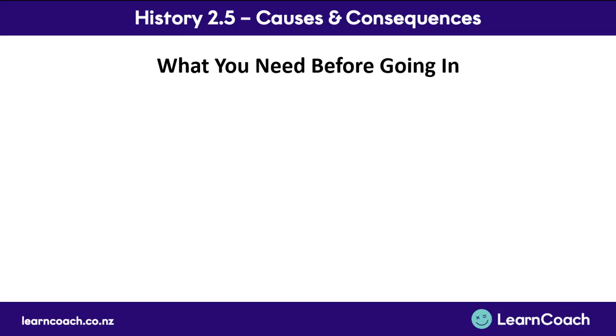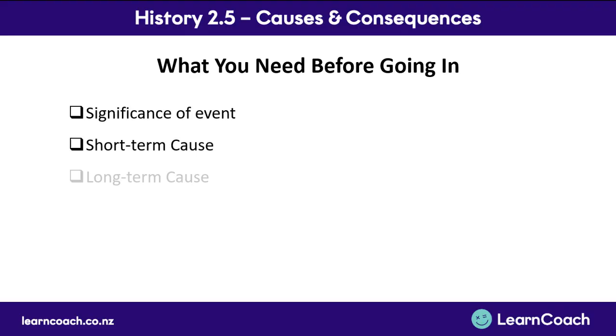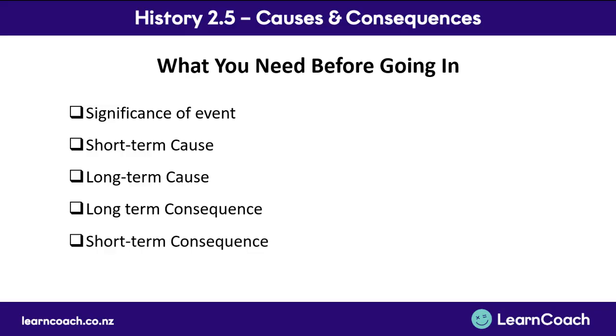With this in mind, here is a checklist you can use to see whether you have everything you need before going in. This is based on what we saw from the past questions before. These are the significance of the event, a short-term cause, a long-term cause, which we both saw from the 2016 paper, a long-term consequence, a short-term consequence, which were both from the 2015 paper, and for 2017, for the consequences, ensure that one of them is a positive consequence and the other negative. It doesn't matter which concepts you combine together, just ensure you are prepared for them. I'll show you what I mean soon.